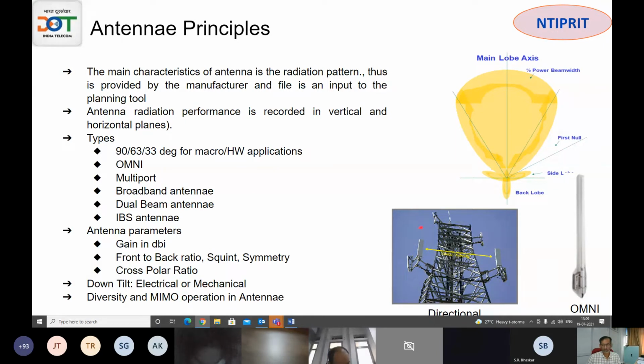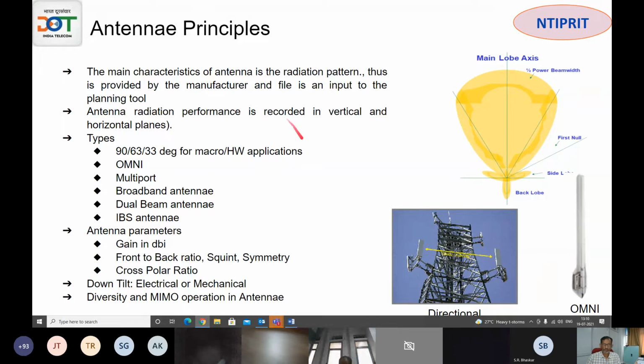Dual beam antenna is 2 antennas in one form factor, so you will have slightly different directions. In a multi-port antenna all are in the same direction, but the dual beam antenna is very popular because, suppose you want to add one more sector with a 30-degree difference, then you replace the antenna with a dual beam antenna. You are hiring a site from an infrastructure provider, you don't have to pay anything extra, and there is no tower loading issue, but you are able to add one more sector. Then of course there are IBS antennas you would have seen in 5-star hotels and airports. Many of them will be hidden, but they are a separate segment in themselves.